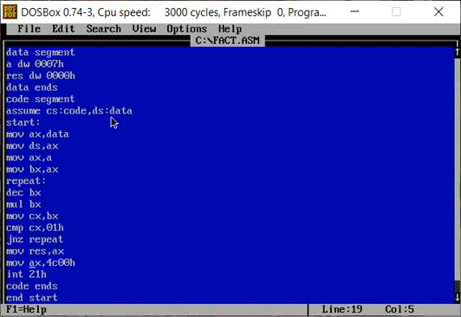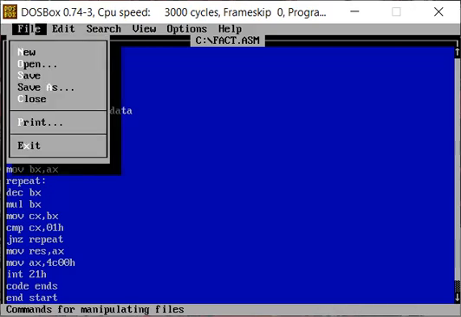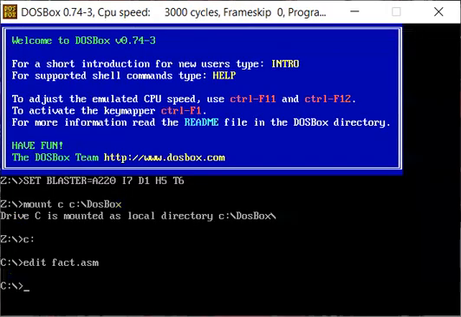So after executing, we get the AX register's value and store it into the result address in the memory. Then we type the exit code, that is, we store the value 4C00 into the AX register, and then we type interrupt 21, and then we end the code, and then we end the start. Now we will see the execution of this code.